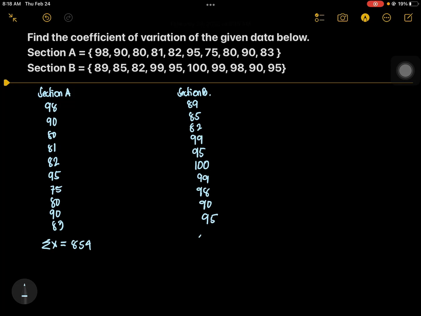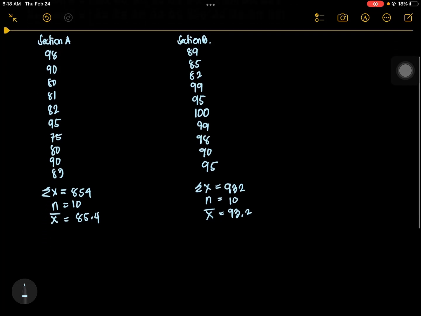854. For section B, this is 932. Number of data, the same, we have 10. And the mean. So the mean here is you just divide 854 and 10, so you have 85.4. 932 divided by 10, you will have 93.2. Okay. Now for the standard deviation,